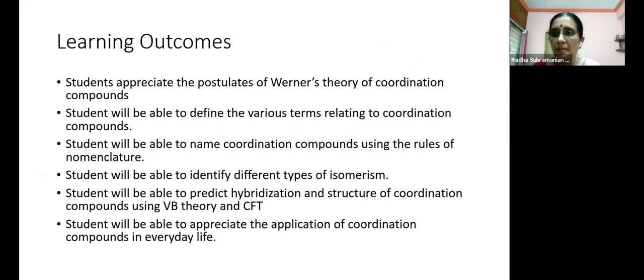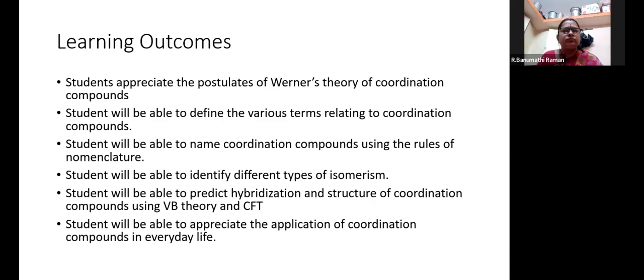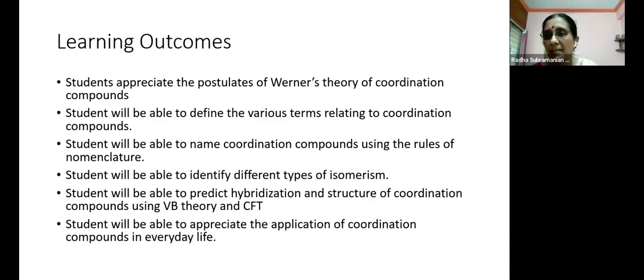Learning outcomes there on the screen. Students appreciate the postulates of Werner's theory of coordination. Like I said, we are not going to teach coordination complexes. We are just going to discuss what are the aspects that we definitely need to transact. Of late, I'm sure my teachers will agree with me, the favorite question has been like